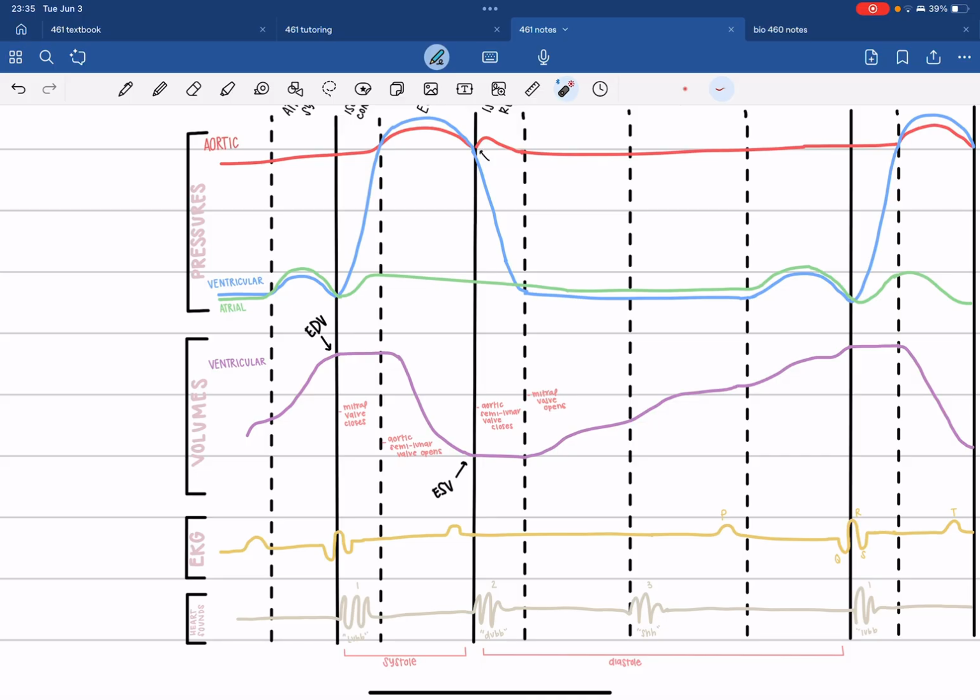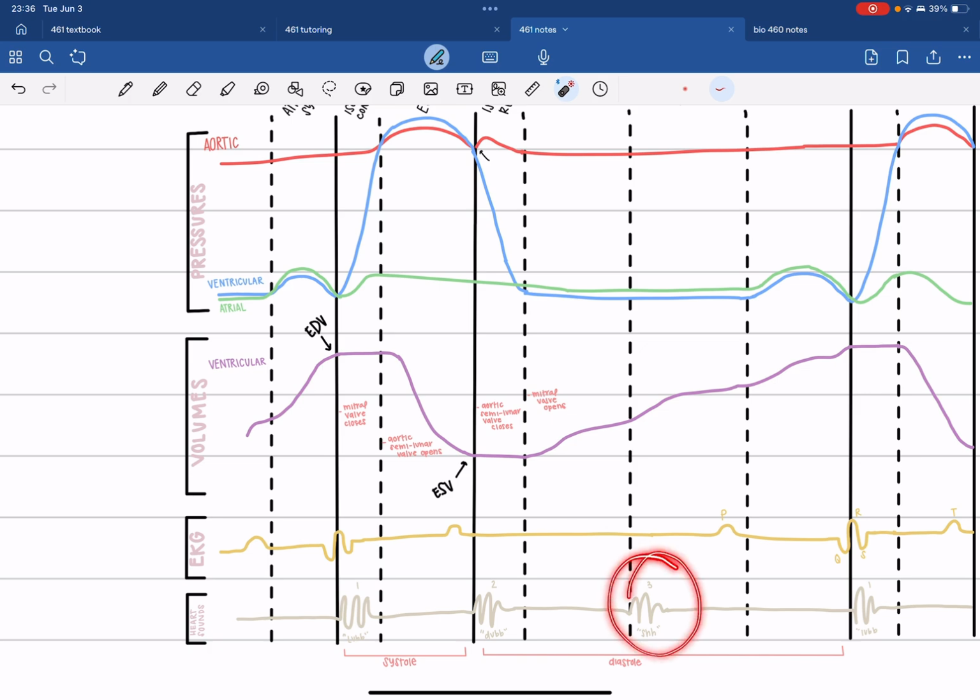The last thing on this list is talking about heart sounds. And what we're hearing with heart sounds is just the valves closing. So we're going to hear a lub right when the mitral valve closes. We're going to hear the heart sound dub when the aortic semilunar valve closes. And those are our two main heart sounds. We also have a heart sound number 3, which we're going to call a murmur or a sh sound. And this is usually heard at the beginning of diastasis or at the end of rapid inflow. And this can happen because of the hardening and stiffening of the muscles in the left ventricle, because of heart failure and an increased muscle mass there.